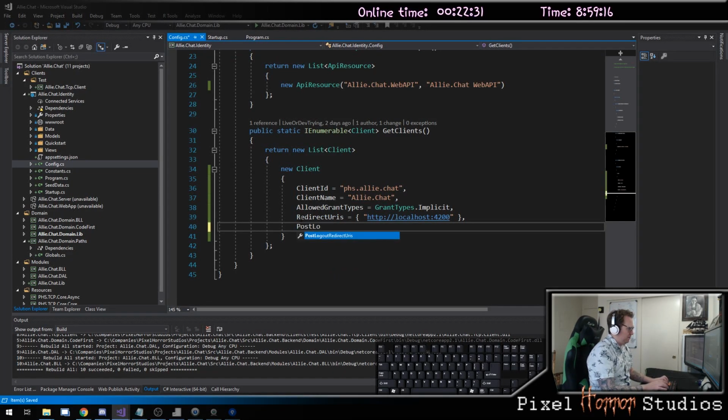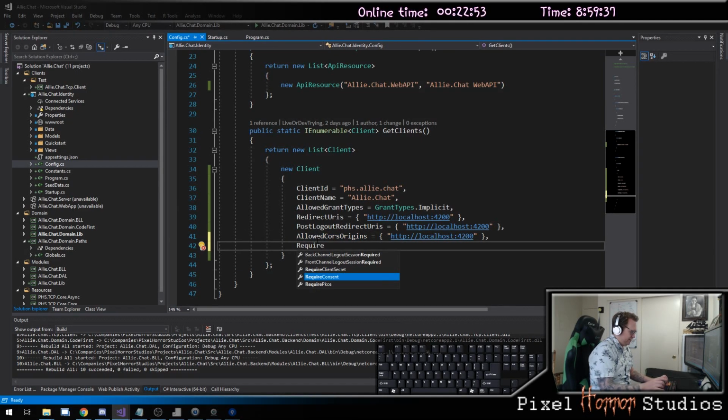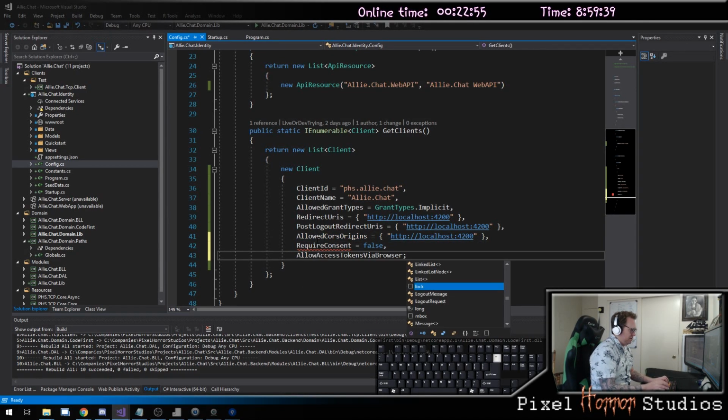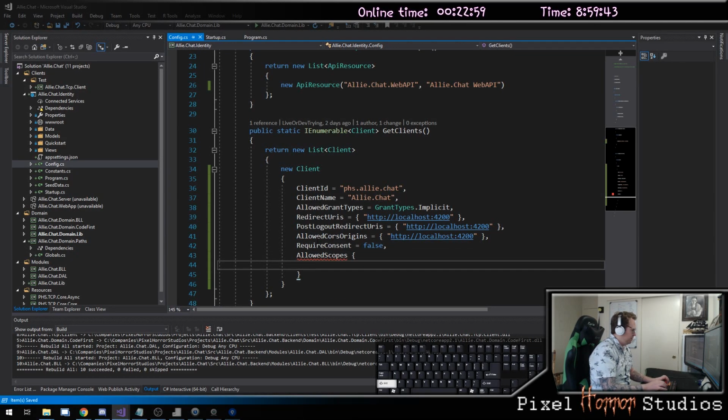And then we have a post logout URI, which is going to be equal to http:// and this is also my Angular site at the moment because I don't have any static content. And then we need one here for allowed CORS origins. We want to say require consent is false. We want to allow a certain number of scopes, which is my identity,